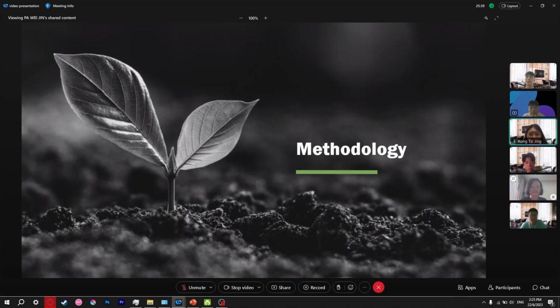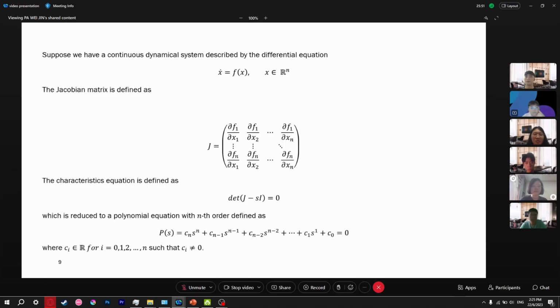Hello everyone, my name is Jing and now I'm going to introduce the methodology for the Routh-Hurwitz criterion. Suppose that we have a continuous dynamical system described by the differential equation x dot equals f(x), where x is in the Euclidean real space. The Jacobian matrix for this system can be obtained by using the formula shown in the slide, and by computing the determinant of J minus xI equals 0, we can obtain the characteristic equation,